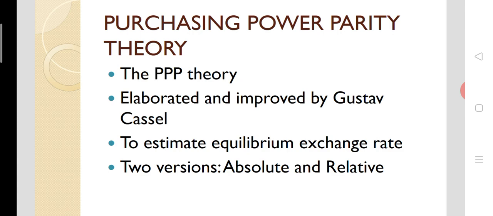Unlike the way in which exchange rate is determined as per the mint parity theory, here the price level is used to find the equilibrium rate of exchange between two currencies. Under the mint parity theory, the currency's value was pegged to gold, and the variation in exchange rate is driven by the change in value of gold. Here it is price level, and change in price level, which will be driving the exchange rate of two nations.